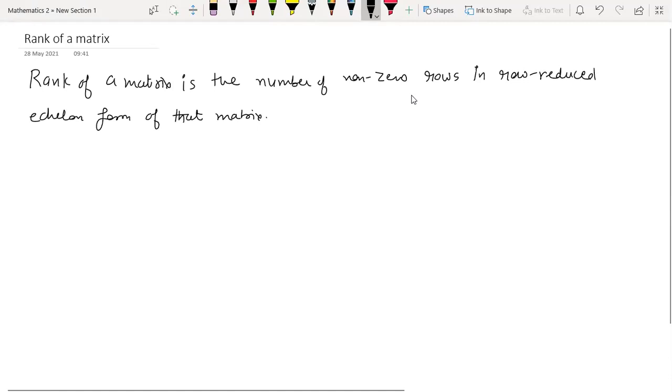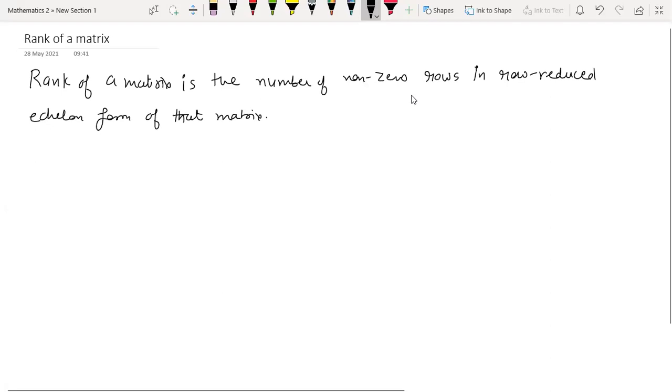Now, you can ask this question, why we need to find rank or what is the usage of it. So I will tell you for the time being, you just learn this because later on, when we will be introducing the next concept of vector space, there you will see how rank is being used and how it is an important quantity to be determined. So right now we are just focusing on how to find rank of a matrix.